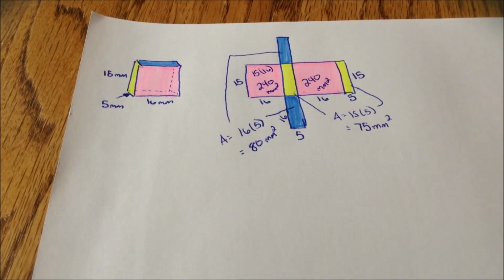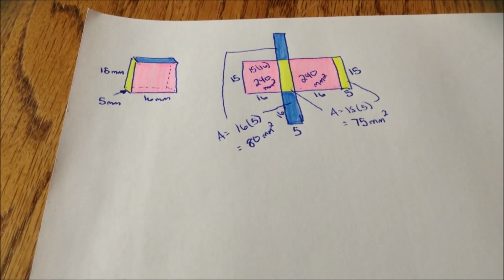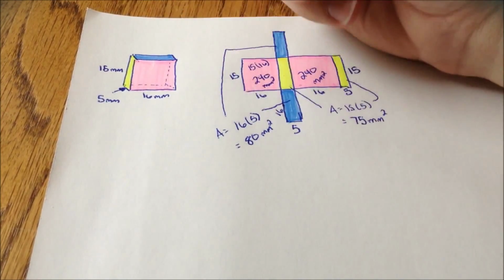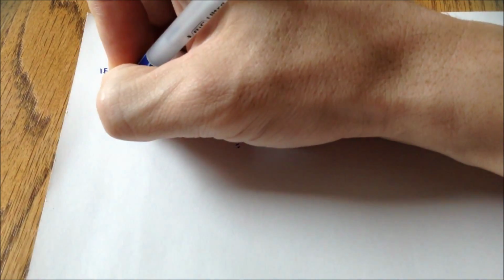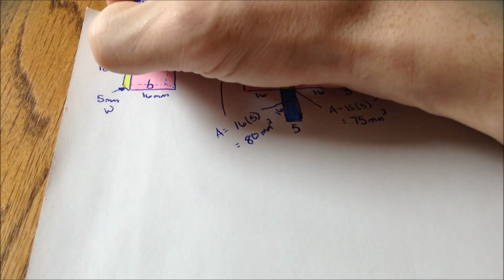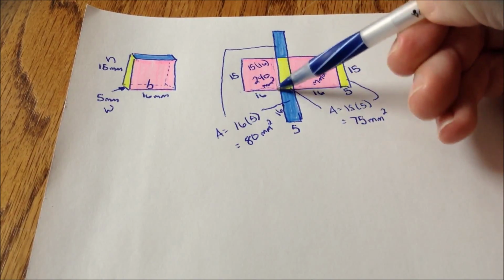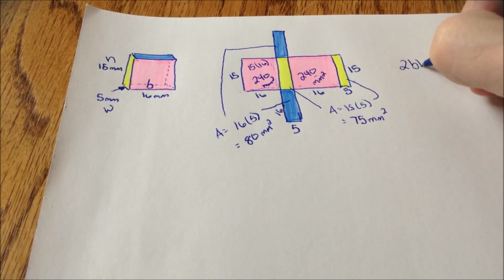Now, just like our waffle box, we see that we have 2 of each dimension listed. I have 2 pink, I have 2 blue, I have 2 yellow. So the idea here is we can find a more efficient way of doing this. Let me relabel over here: if this is my base, the yellow is my width, and this piece right here is my height, I can see that I have base times height times 2, so 2 times the base times the height,